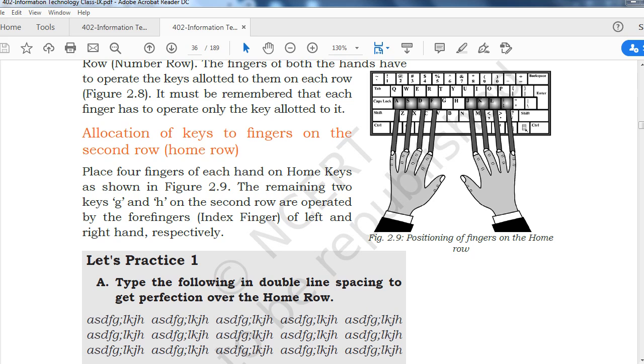The remaining 2 keys, G and H, on the second row are operated by the index fingers of the left and right hand respectively, right? F and J, G and H. First you have to master these home keys, and this G and this H will be operated by your index finger, right? So this is the second row.